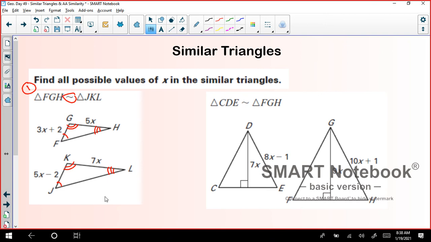What does that mean? It means GF over KJ will be equal to GH over